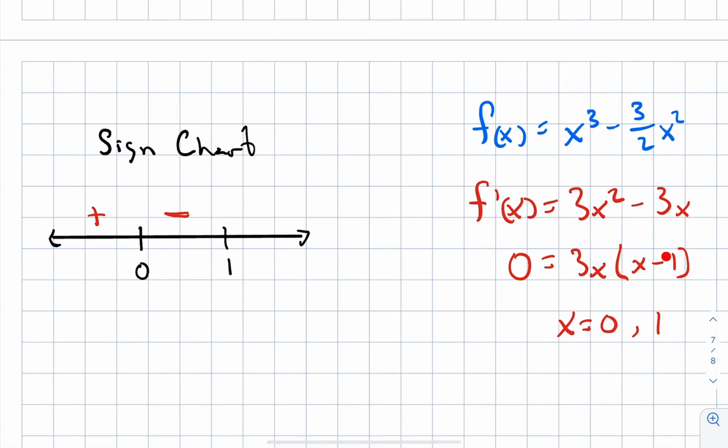So a positive times a positive will be positive. Okay, so what we are seeing here is that for everything to the left of 0, below 0, we should see the function increasing, and then it's decreasing between 0 and 1, and then increasing again after that. So if we write this down now, the way we'll write it is we're going to say it's increasing